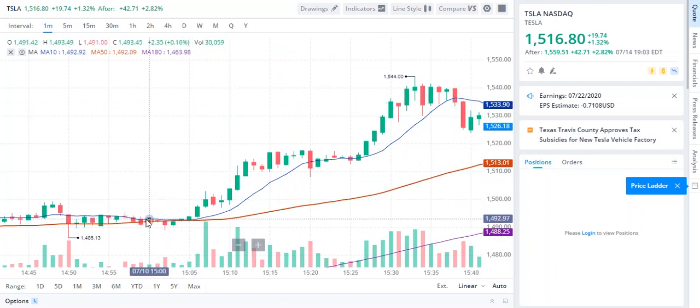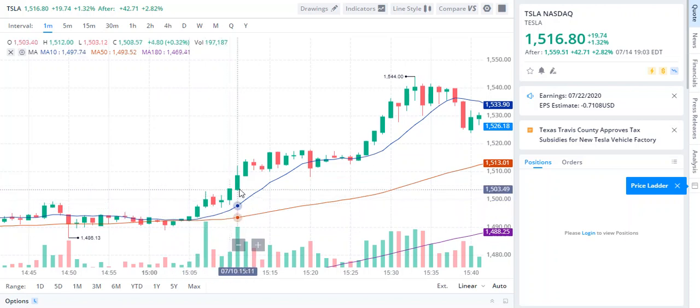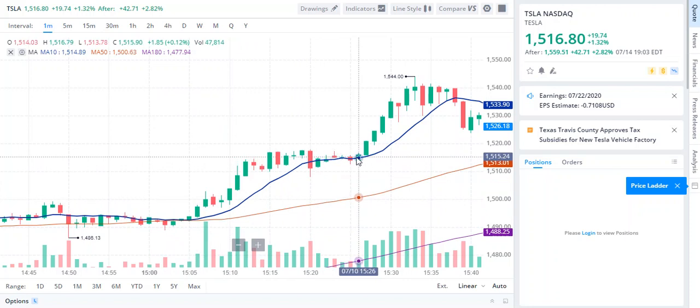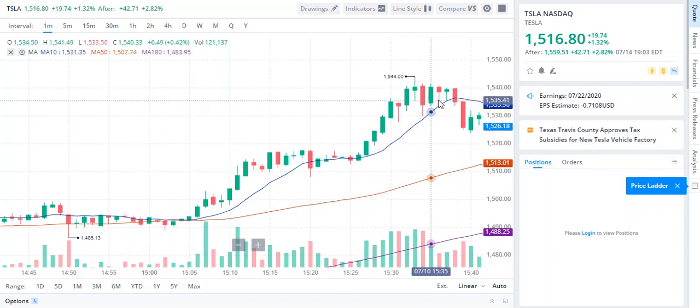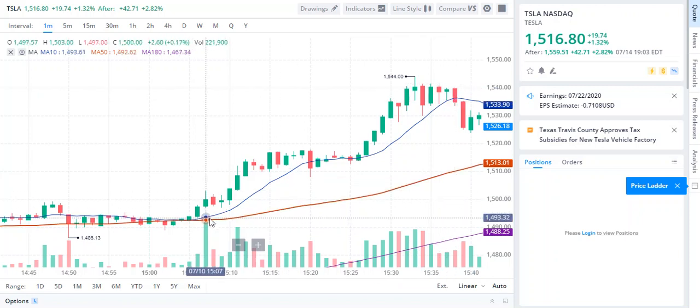Or what you could have done is, if you had the day trades, you could have bought here when it crossed above, sold down here, and then waited for another confirmation, which is right here. See, it closed above, maybe you would have bought right around here when it's closing above, and then you'd wait until it crossed below and sold down here. So that's how you can use candles with the moving average: you wait for the candle to close above 1 or 2 times, maybe 3 for strong confirmation, and that's when you would buy,